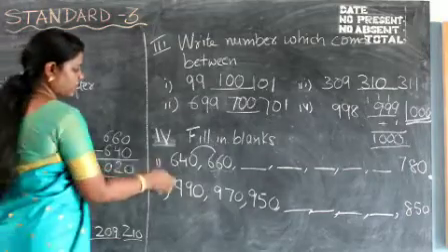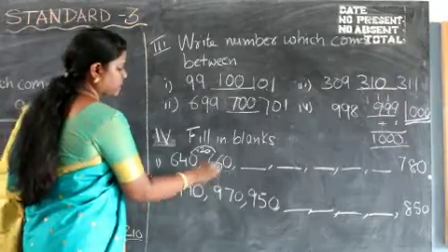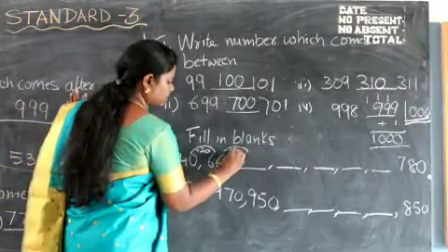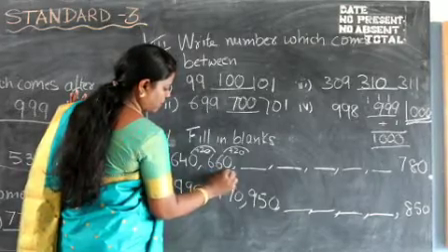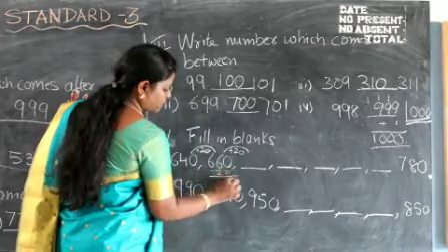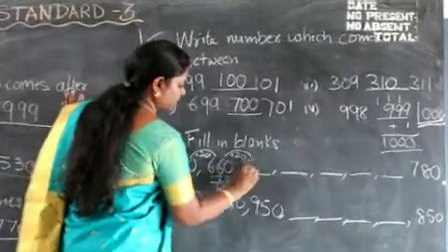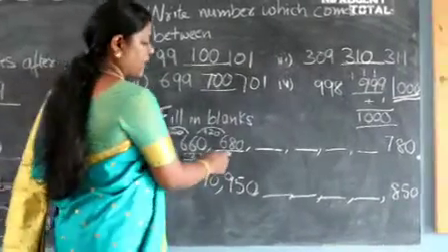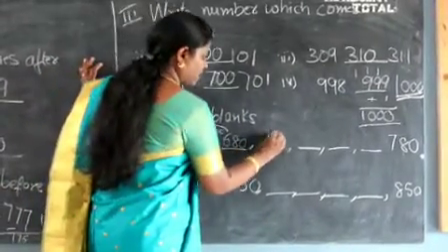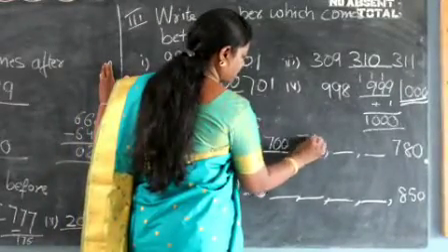That means 640 plus 20 gives you 660. 660 plus 20 will give you how much, children? If you add 0 and 2 here, 0 plus 0 is 0, 6 plus 2 is 8, and 6 comes down like that. So it's going to be 680 here. After 680, what are you going to get? If you add 20 to this, you're going to get 700. Okay? 700 plus 20, 720.